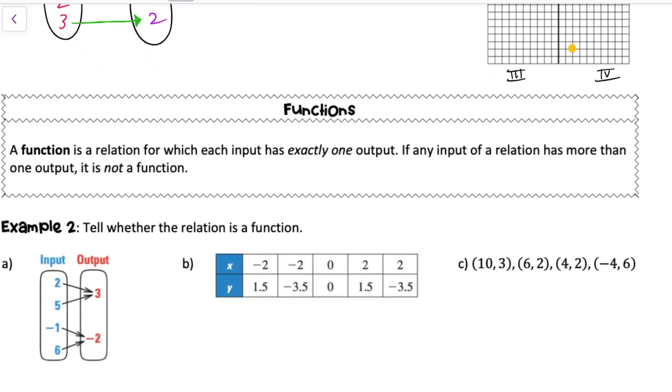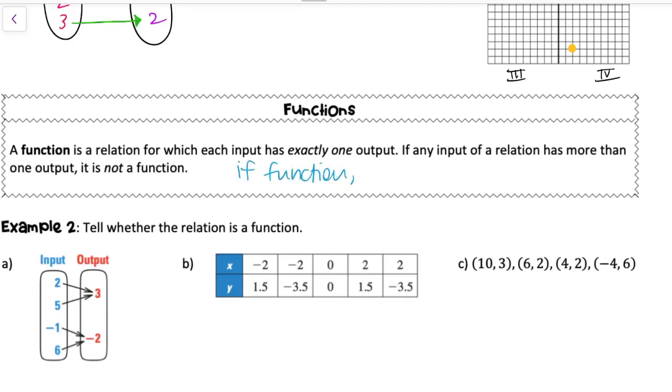And then next we talk about what a function is. So we talked about relations, and those are just inputs and outputs paired together. But a function specifically is a type of relation where every input has exactly one output. So if any input has more than one output, it is not a function. I will even sometimes remember that if it's a function,